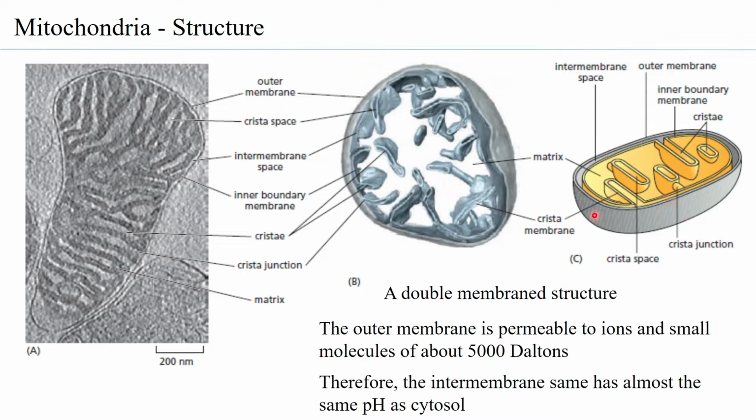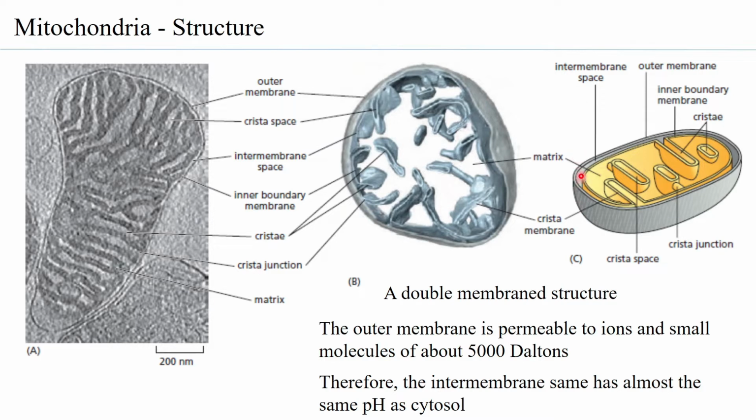So from these electron microscope pictures, it is very clear that you have a distinct outer membrane and a distinct inner membrane. Also, what has been noted from various studies is that the outer membrane composition is very different from the inner membrane composition. The outer membrane has a large number of porins, and therefore it allows several ions and small molecules of about 5,000 daltons to enter through the outer membrane from the cytoplasm,